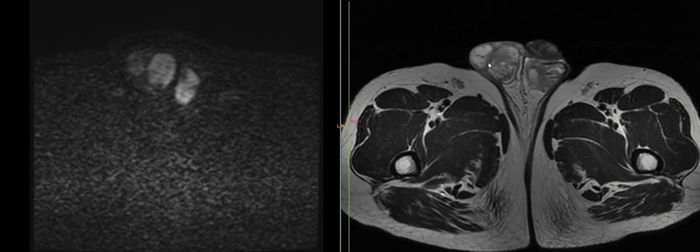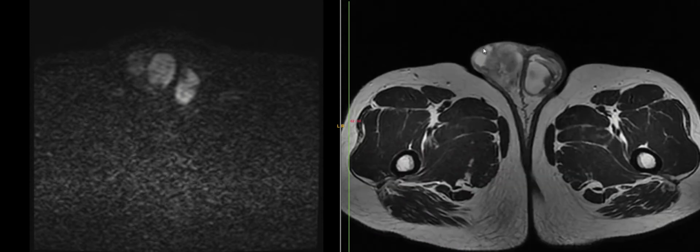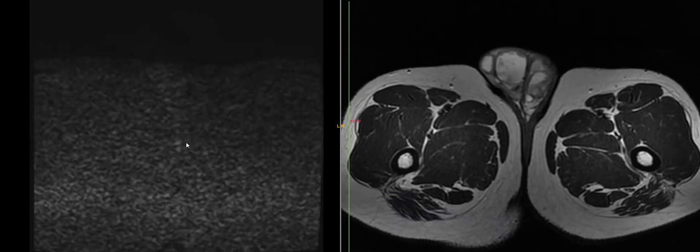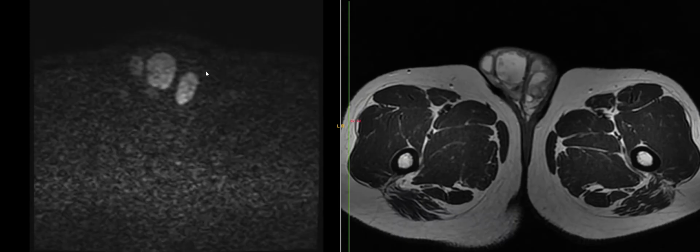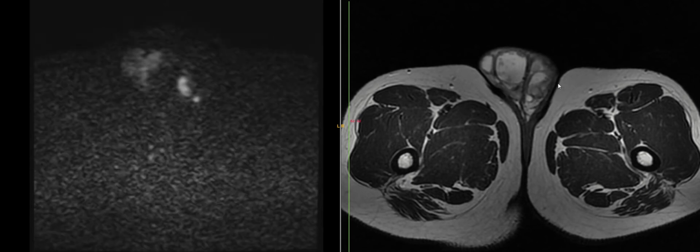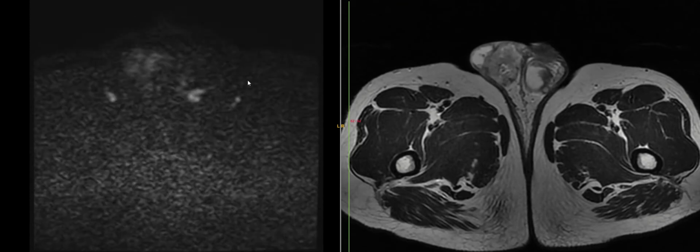I'm confused with what this structure is, whether this is epididymis or whether this is the same collection which is protruding out. Whatever the reason may be, if you see the diffusion weighted imaging, both of this fluid package is showing restriction of diffusion here, along with this protruded packet as well, so suggestive of a pyocele or abscess.